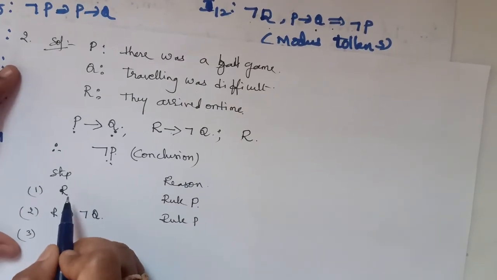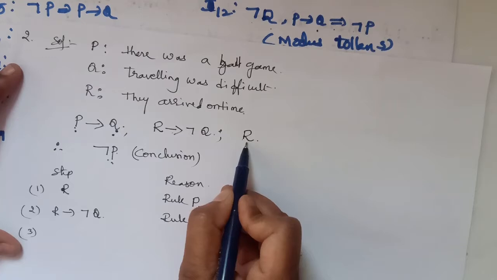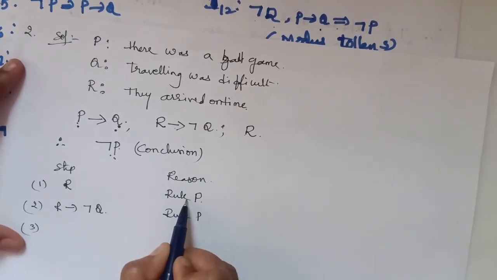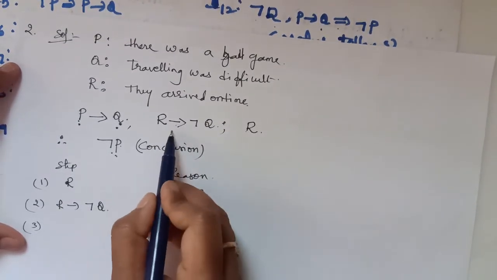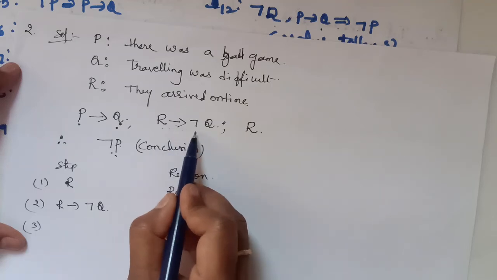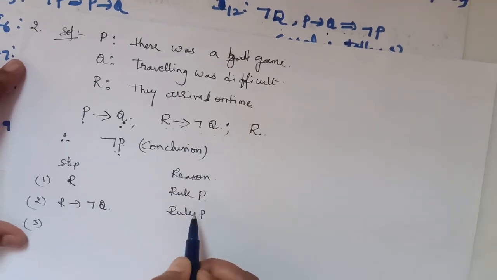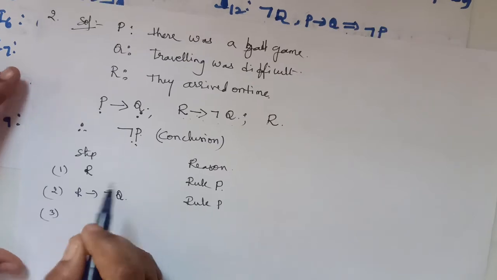Here, first we have introduced the first premise R, that is rule P. Next I have introduced the second premise, that is R conditional negation Q. So that is also rule P. From these two, now